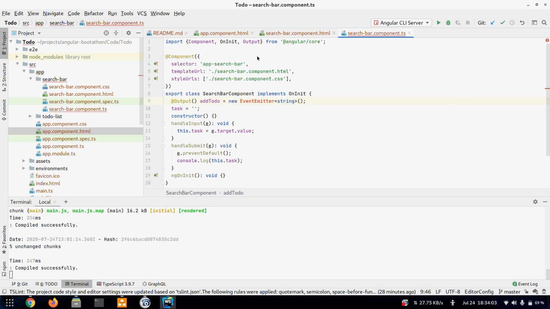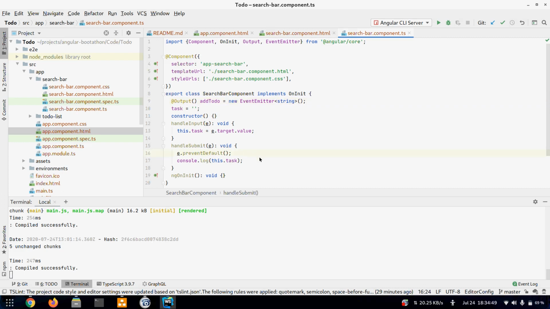And we need to import this EventEmitter. There are actually 3 places from where EventEmitter can be imported, so make sure that EventEmitter is imported from @angular/core. Sometimes it gets imported from other places, so it should be imported from Angular core, otherwise it will throw some error. Okay, so we have set this property addTodo equal to new EventEmitter and the type that it will emit. If you don't specify this, then it can emit any type.